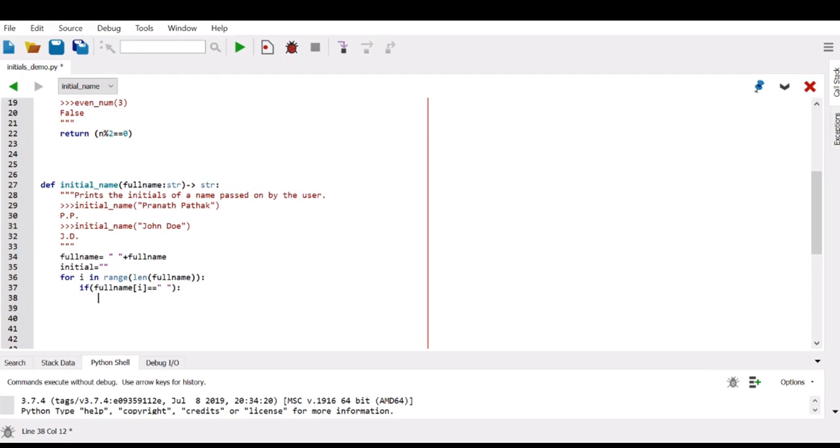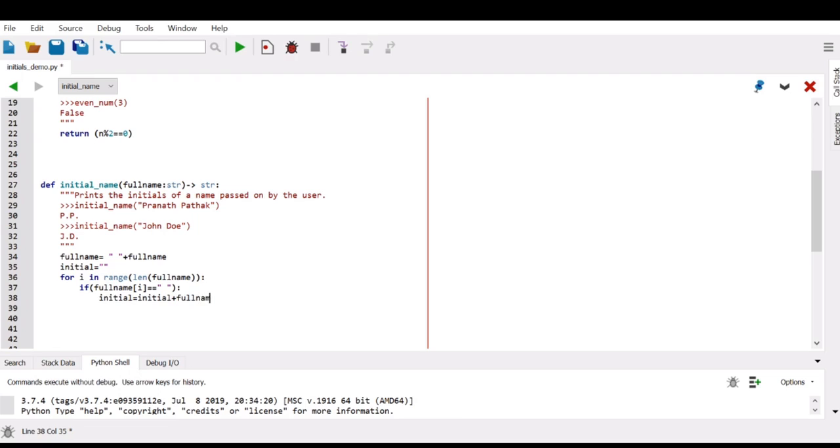Basically, my loop goes over every single letter of the string I put in. As soon as it gets a space, the condition is true, and I add the next letter after that space to my initial string. So I'm going to say initial is equal to initial plus the next letter I have in my string.